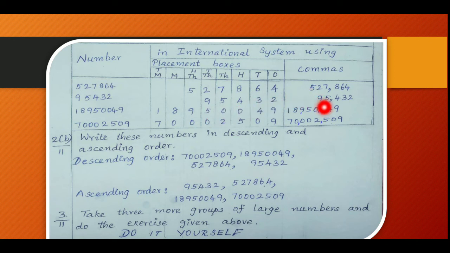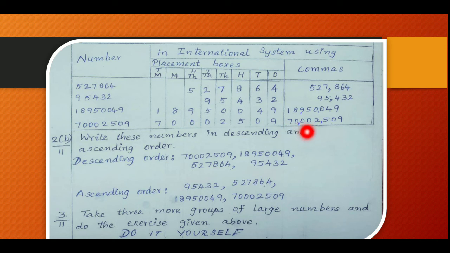For second number, write the first comma after 3 digits, we have only 2 more digits, so no need to put the second comma. Then the third number has 8 digits, so put the first comma after 3 digits, second comma after 3 more digits. Third comma is not required because we have only 2 more digits. Similarly, for the last number, put the first comma after 3 digits, then again after 3 digits, put 1 comma. Okay,